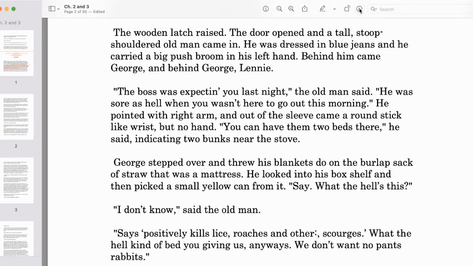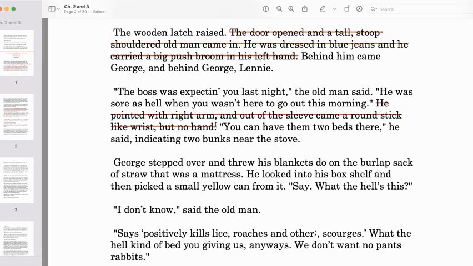Let's see if I can get an actual highlight going on. So here's a description of another of the ranch hands, and he's a stoop-shouldered old man dressed in blue jeans who carried a big push broom in his hand. Again, that should be highlighting or underlining. I also want to point out that this man points with his right arm, and out of the sleeve came a round stick-like wrist, but no hand.